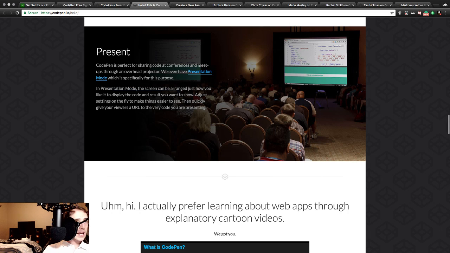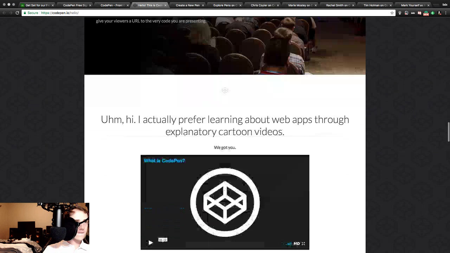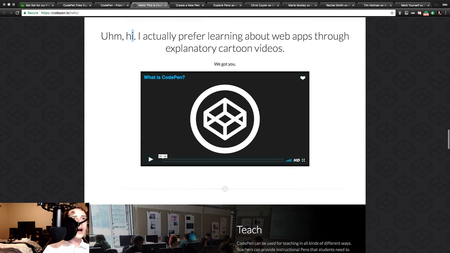That's a fair trade. In presentation mode, the screen can be arranged just how you like it and display the code and result you want to show. Adjust settings on the fly, make things easier, then quickly give your viewers a URL to the very code you are presenting. Fascinating. Prefer learning about web apps through